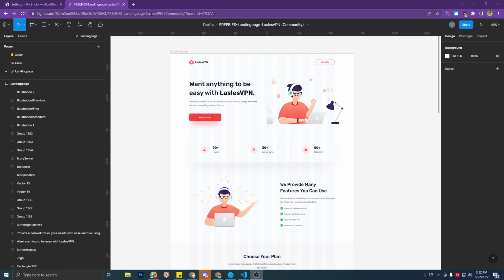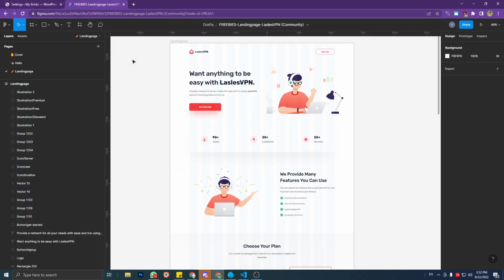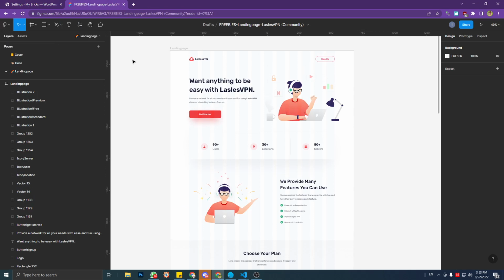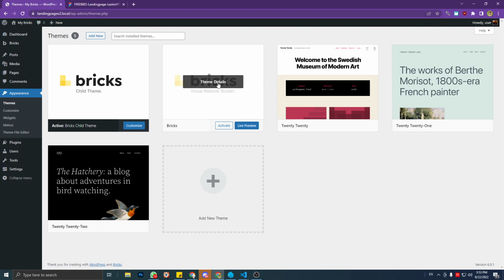Today I'm gonna try to create a simple landing page using Bricks Builder, of course, and I'm gonna use a Figma file as a design reference. So the first thing that I'm gonna do is make sure that I'm using a child theme, since I will use its CSS style to customize something. Okay, this is the active theme, it's Bricks child theme,